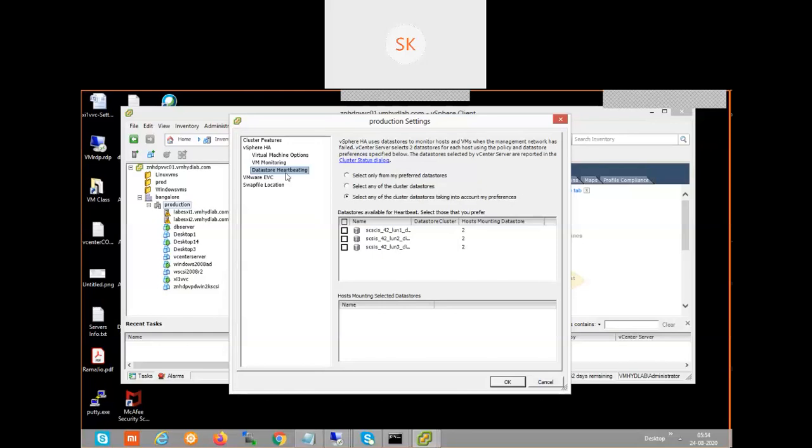The management network interface might be down, but if datastore connectivity is there, some communication is there. The host is not the issue, it is a management issue. My datastore is communicating, so through the datastore the communication is there with both ESXi hosts. Then it is going to decide that there is only a management issue, so no need to restart the VMs. FDM is not going to restart the VMs. So we can select either one.